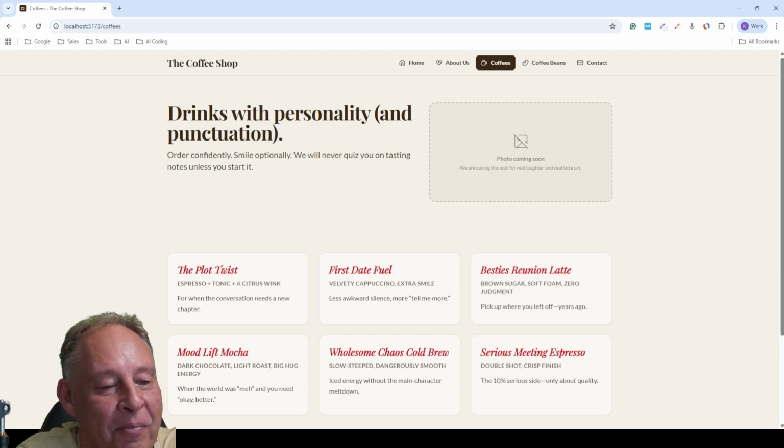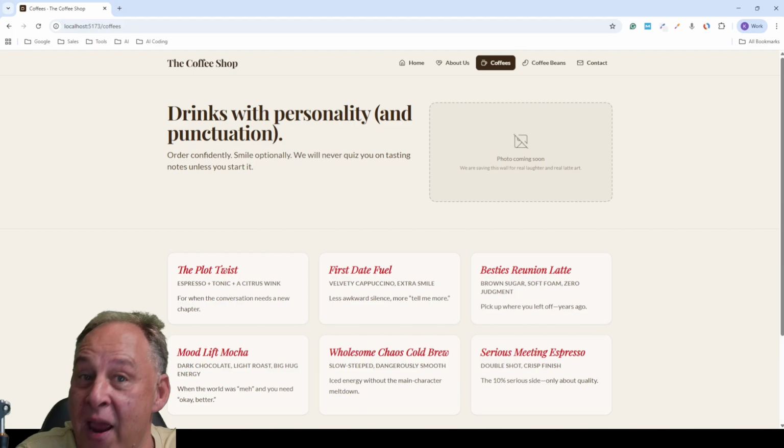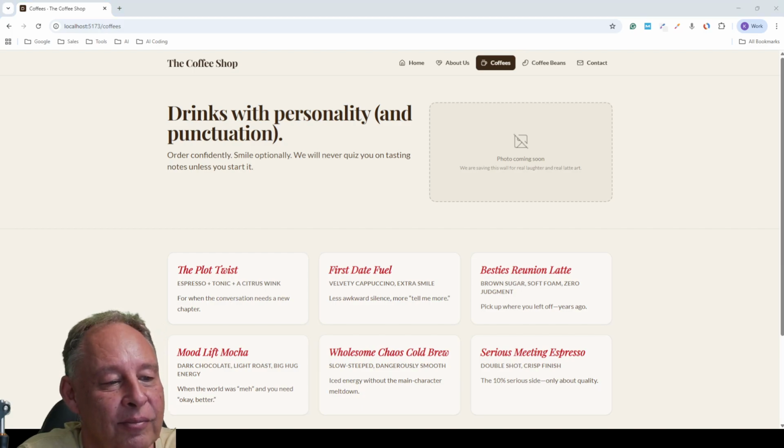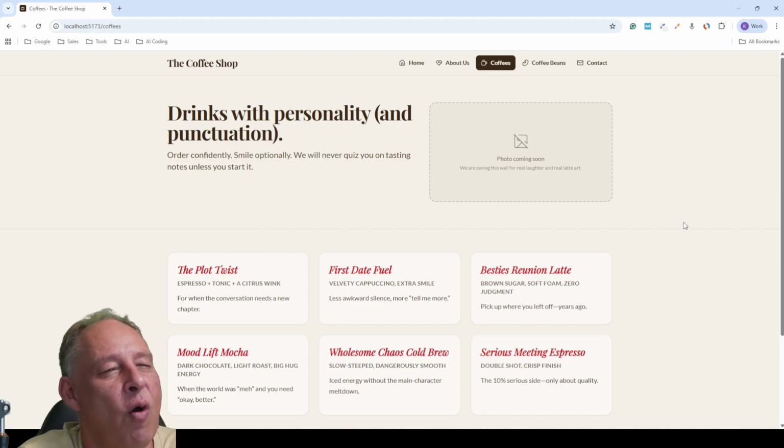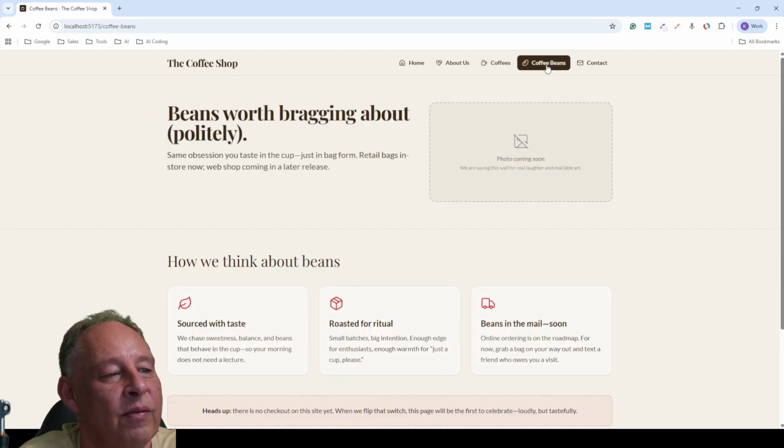All right, so it's got the brand figured out, right? But what I would like to see is some images. I like the way it wants to display the images. The off-white. You know what? It's a coffee shop. I understand. I really understand the colors. And I think if we're going to start adding a couple of